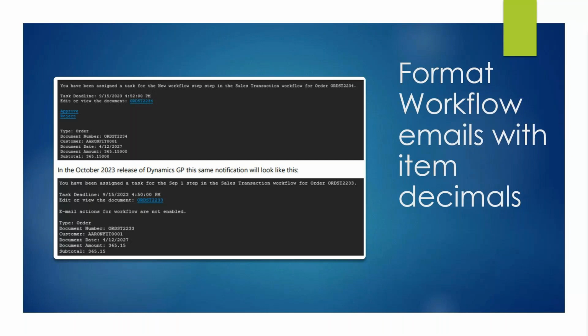Okay, another simple kind of fix here is on our workflow emails with item decimals. So those of you that are using workflow in GP, you're probably familiar with the message bodies, and if you're including any sort of totals, that it was always extending out to the 5 decimals. What we're seeing now is that the document amount and subtotals are only going to be displaying the 2 decimals,